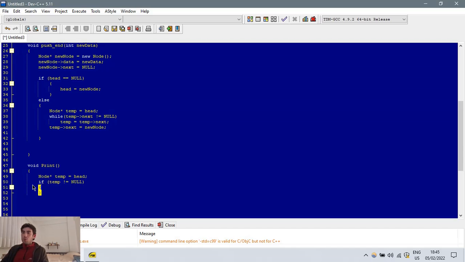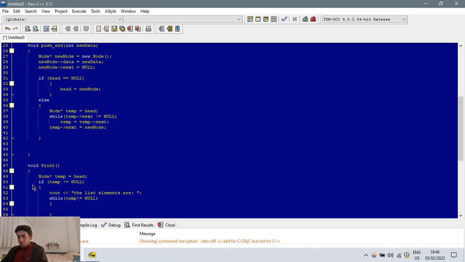If this temp is not null, which means we have nodes in the list, we'll say that the list elements are, and then while this temp is not null,